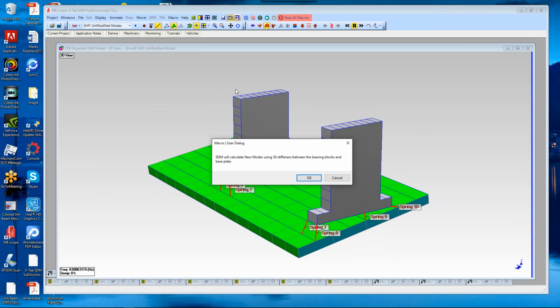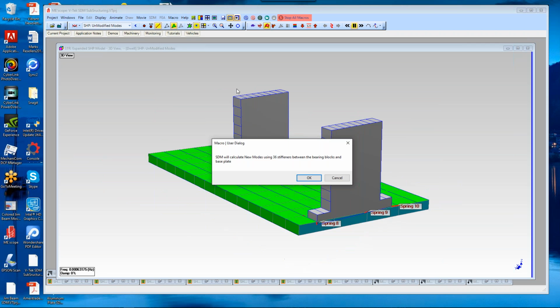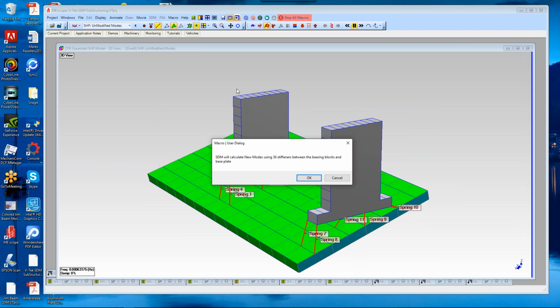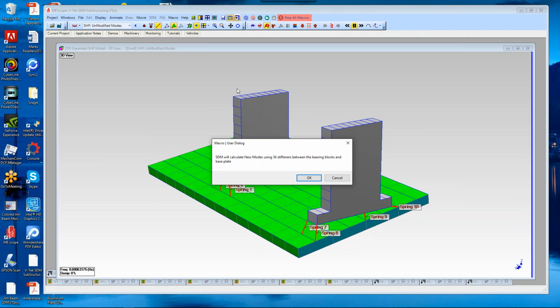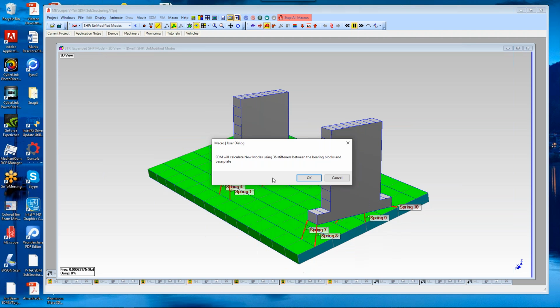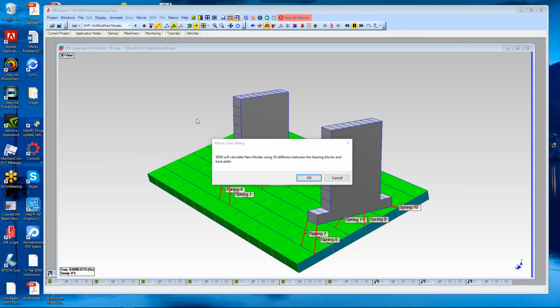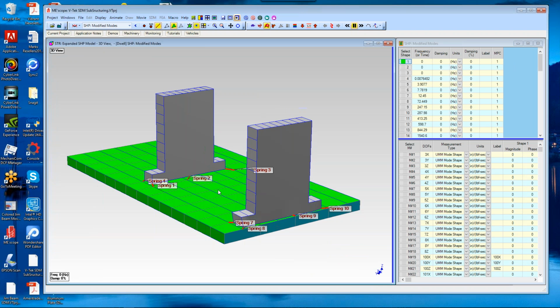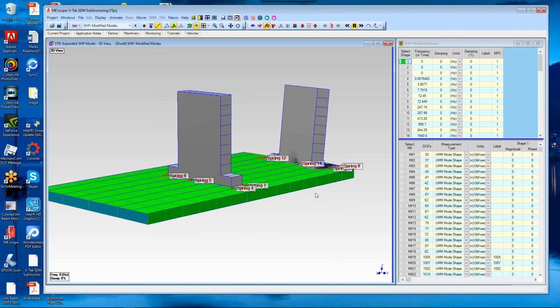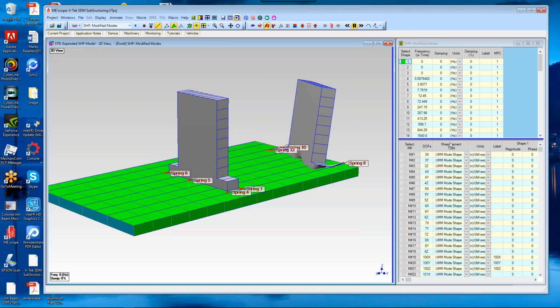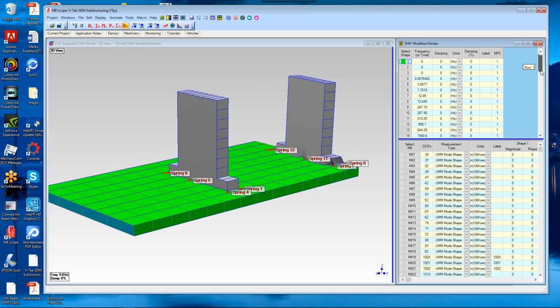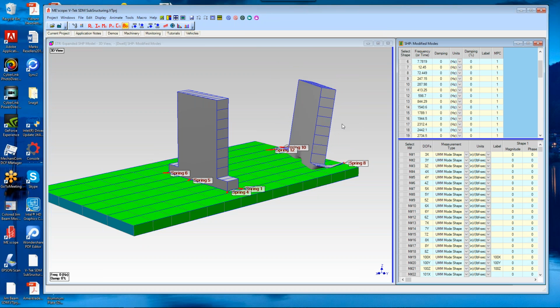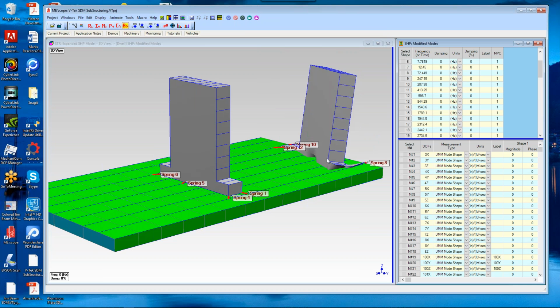Okay, it says SDM will calculate new modes using 36 stiffeners between the bearing blocks and the base plate. Now I'm going to have to go ahead and click here, and then we'll come back and we'll look at it again. Oh boy. That did not work. We've got a problem here with this